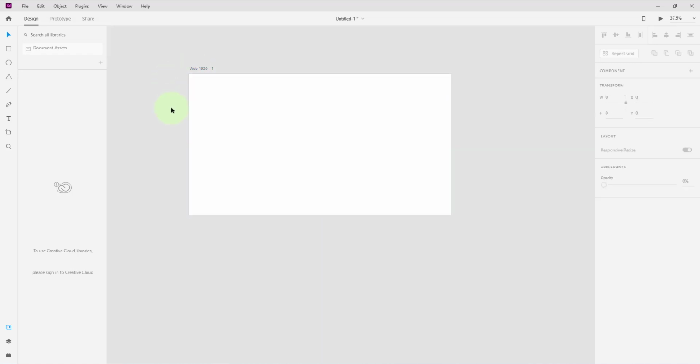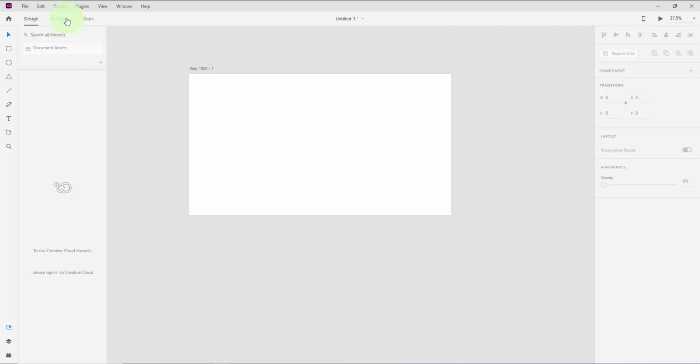So I'll not compare this with Figma. I'll just directly start with XD itself, because some of you might be coming directly to XD only, and you don't have any idea about Figma. So let's just see what XD has for us. As always, we have a menu bar, right, where we can access all menus in XD: file, edit, object, plugins, view, window, help, right? And then we have this